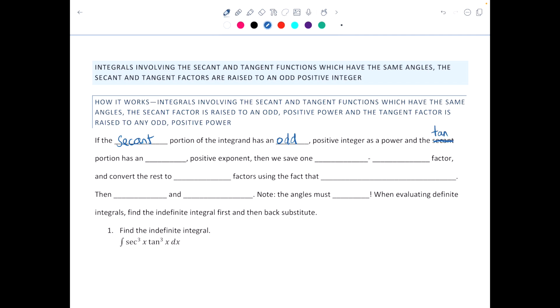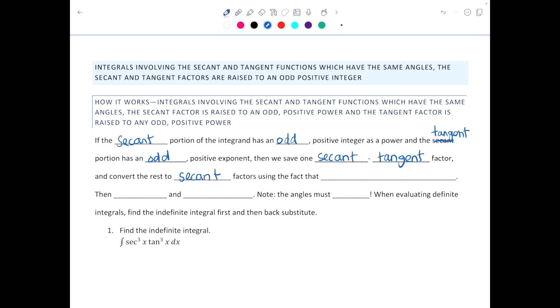And the tangent portion has an odd positive exponent. So both of them are odd. Then we save one secant tangent factor, because our evil plan on this one is to have g of x be the secant function, and that's its derivative, right? And convert the rest to secant factors,